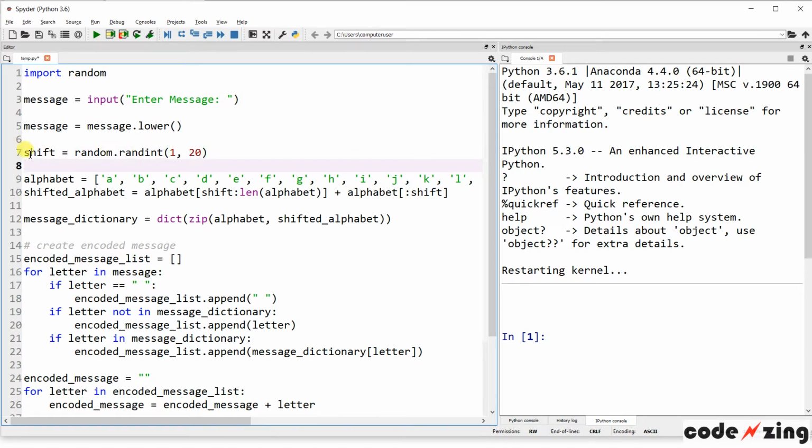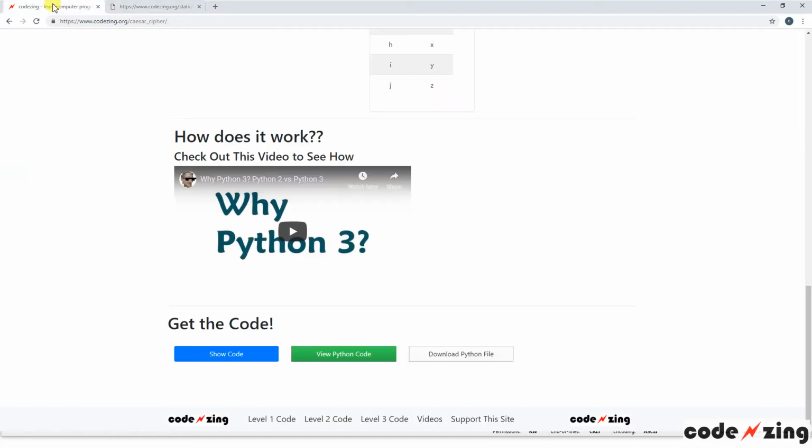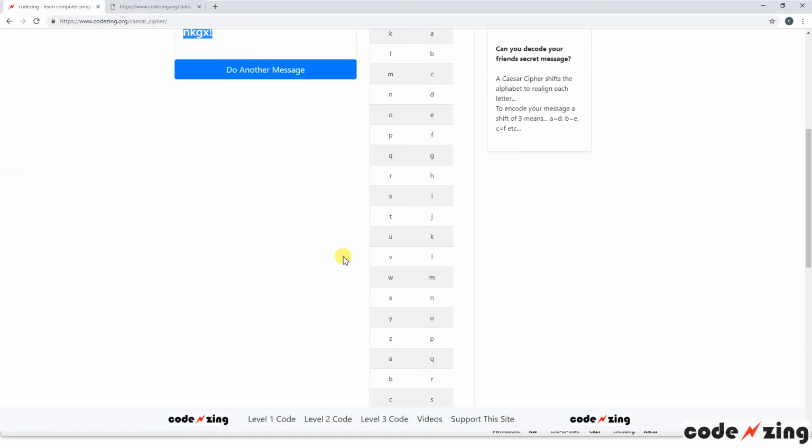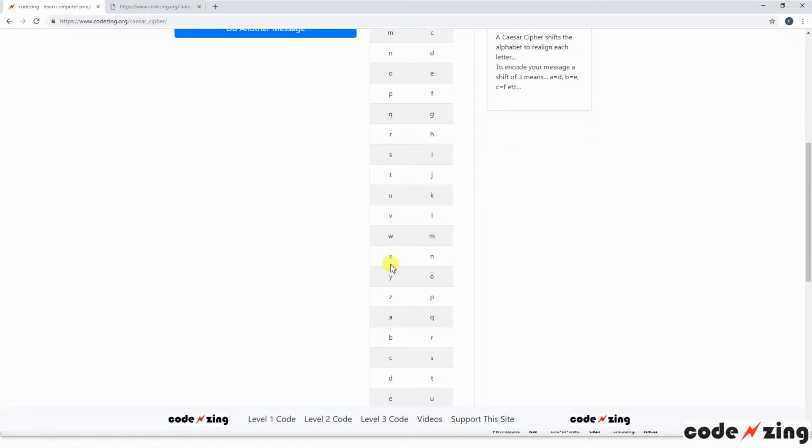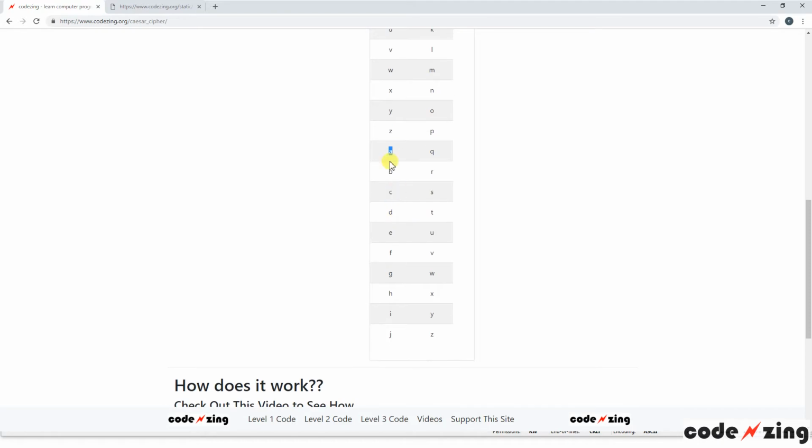The next variable I created is shift equals a random integer between 1 and 20. This is going to shift the alphabet over a certain number of characters. And let's see if I can show you that a little better, because what it's really doing is just shifting the alphabet. So if you can see, we have A, B, C, D, E, F, G on the one side, and this is still in the correct alphabetical order, but starting with A down here. So it just shifted it forward so that A equals Q, B, C, D, E, F, G, H, I, J,